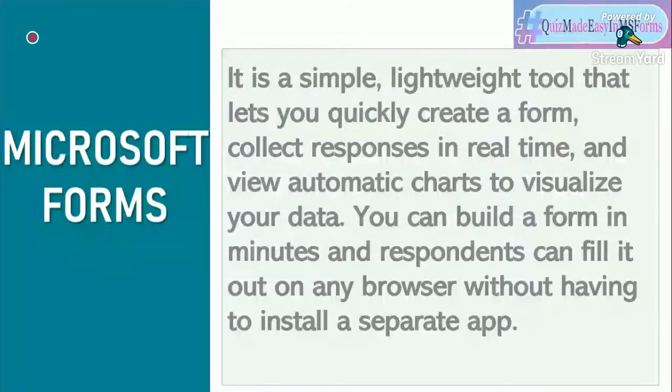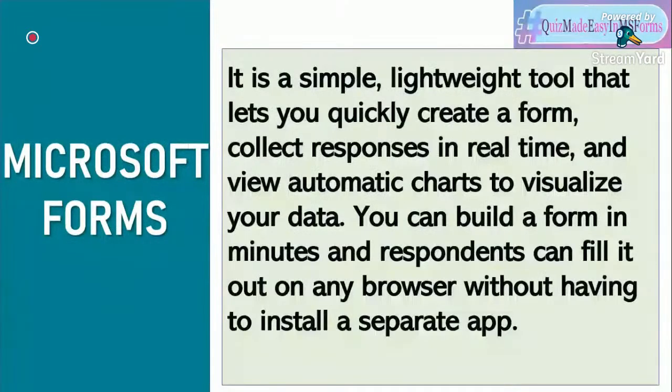In business organizations, Forms provides some surprising functionality that can transform how you collect and track information. So it can be used to collect customer feedback on a product or services that they offer, and it can also measure employee satisfaction, thus improving the business. And also, it can be used to organize company events.